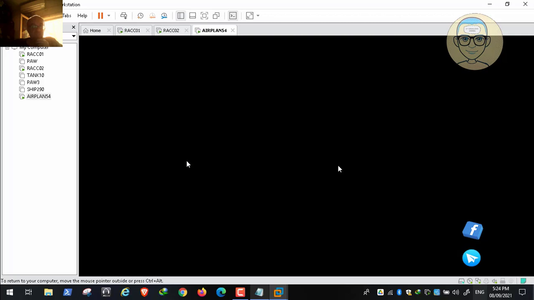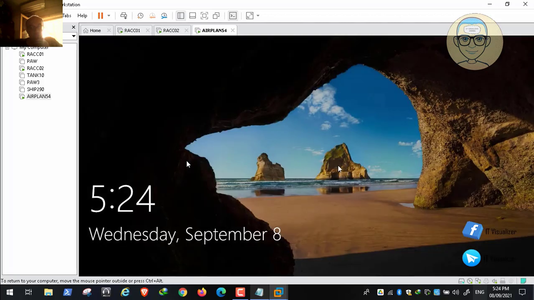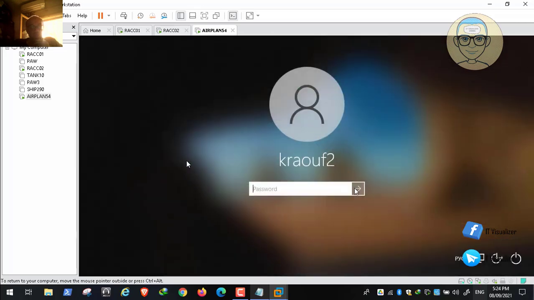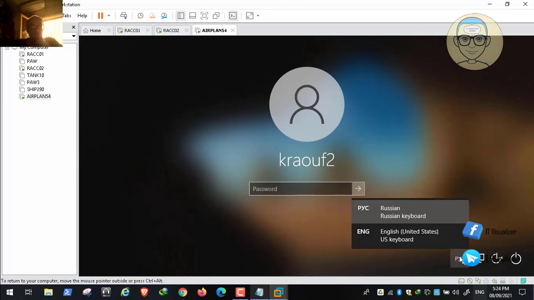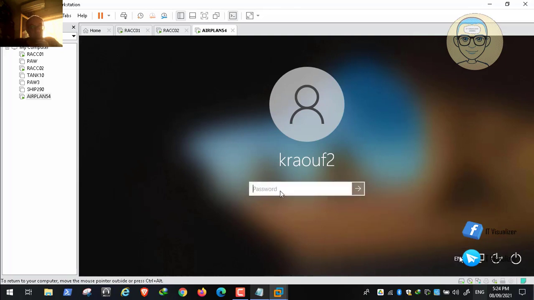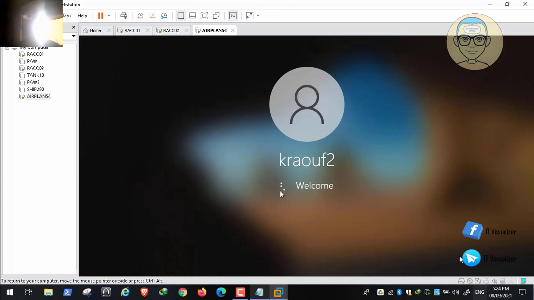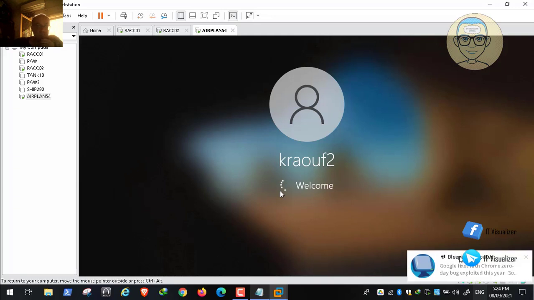Now we are opening the run command and typing this system properties advanced command to get the system properties window. Through it we can join the machine to the domain. Okay, and then this is the section for the domain, and then we will type the domain and join this machine to the domain. Okay, we need to change it to the English language, and then join this machine to the domain